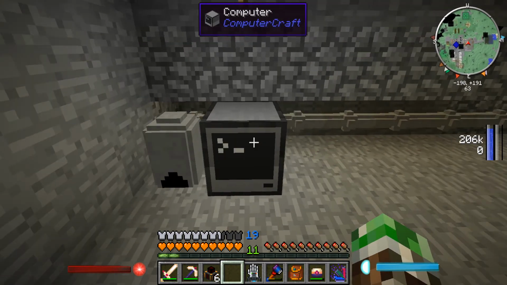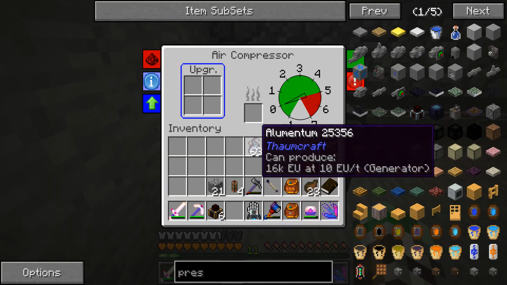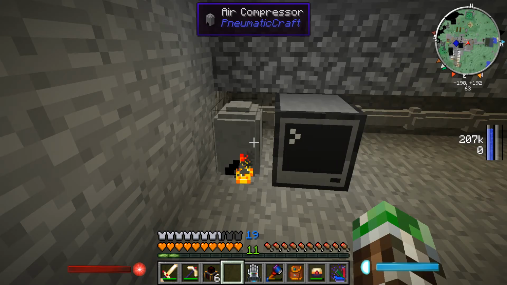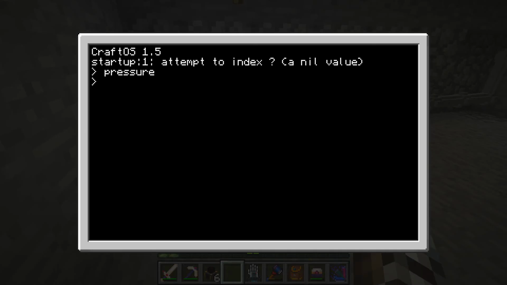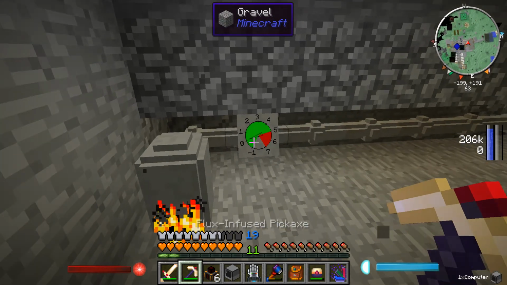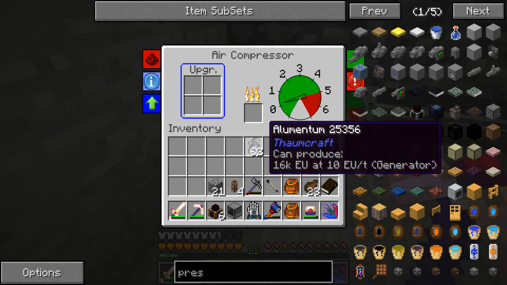So attempt to call nil. Yeah, I have a little trouble with that. So it doesn't like to run. Alright, so let's throw an alamite in there, and run on high red. Unfortunately, I think I do need...